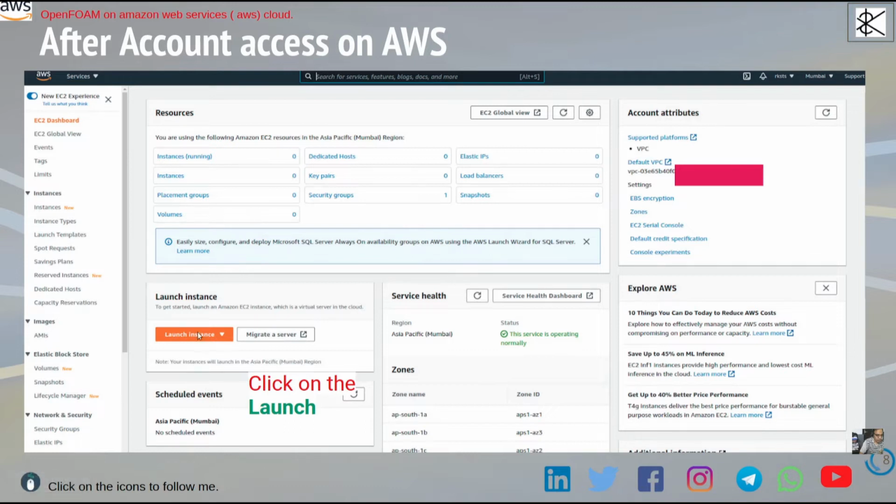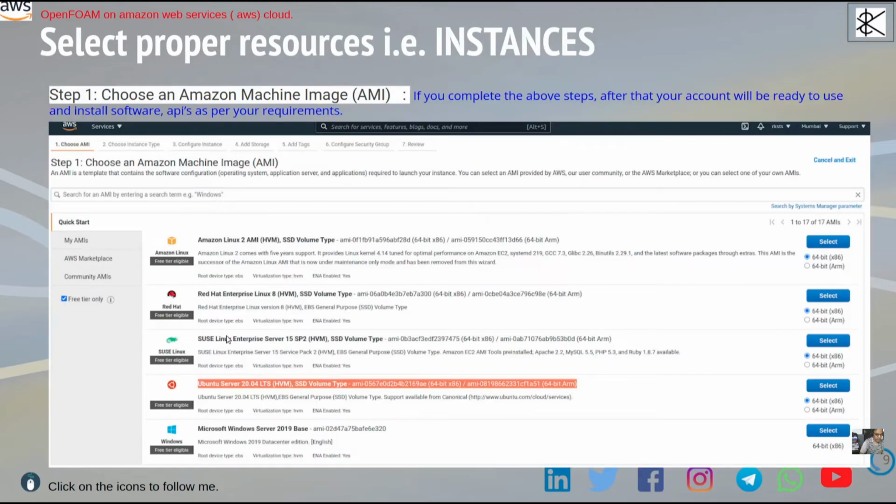Now if you want to use these cloud services, first you have to create a launch instance, and you can click here. After that, this window will come. As you click on launch, you will see this kind of thing. Basically, when we are using a computational cloud platform, you will see the Amazon Machine Image, which we generally call the AMI. Basically, this is the virtual platform.